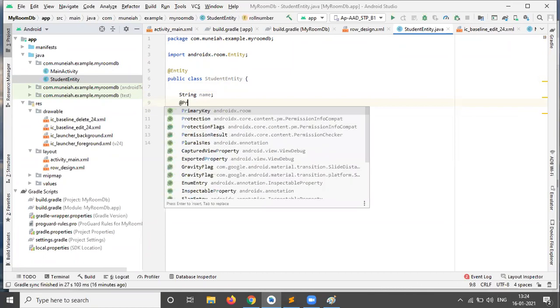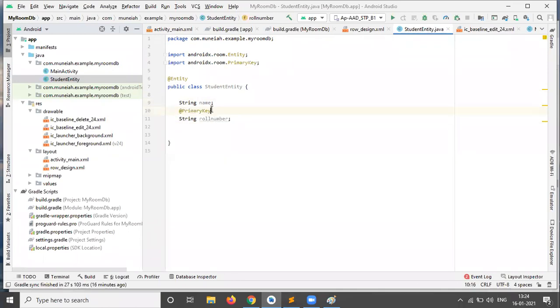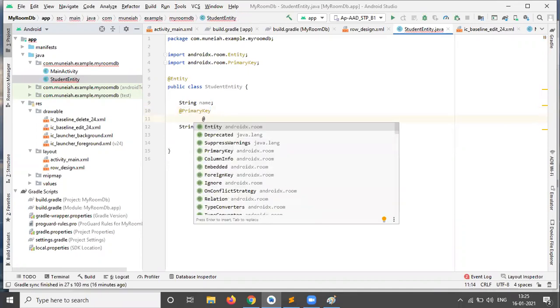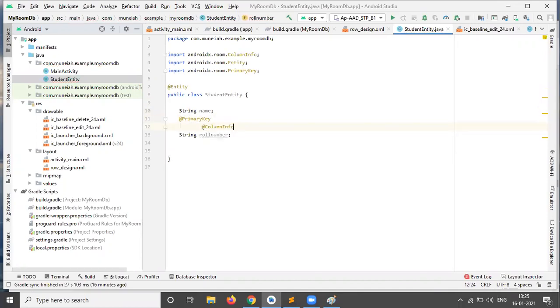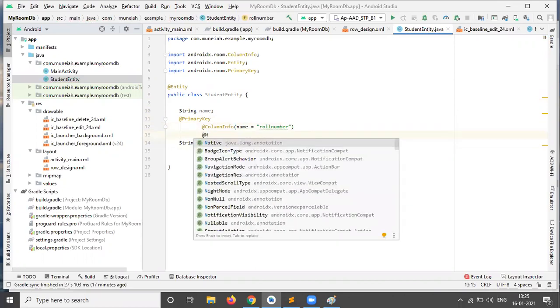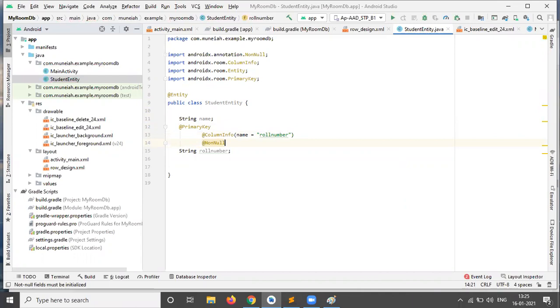For the primary key, we need to give the annotation PrimaryKey, and also give the annotation ColumnInfo. ColumnInfo name is roll number. Within that, we need to give the roll number, and also we will add the NonNull attribute.